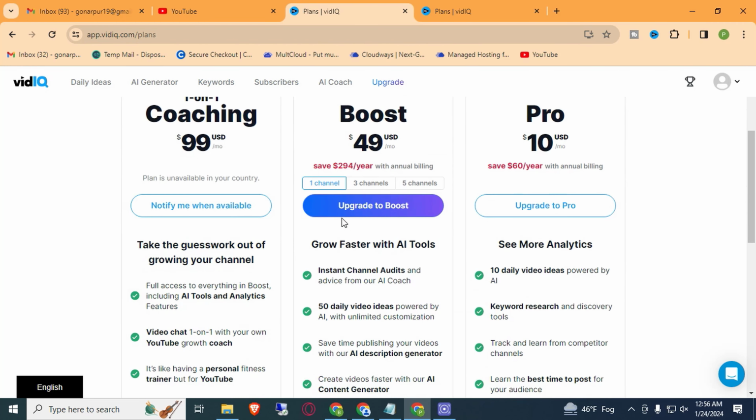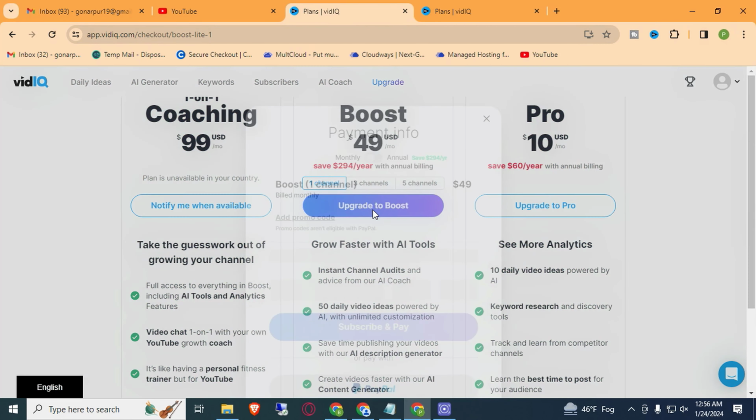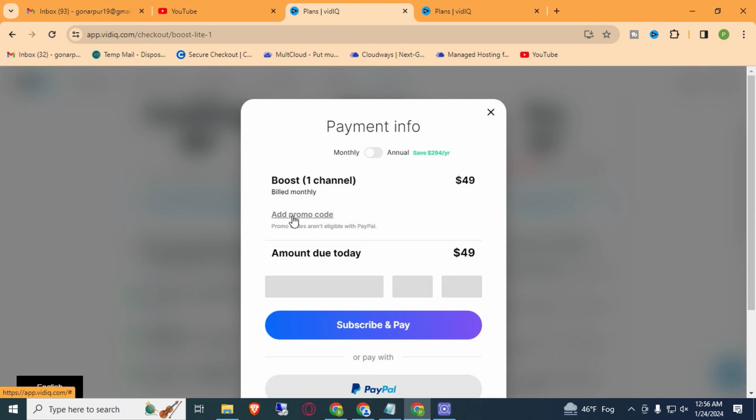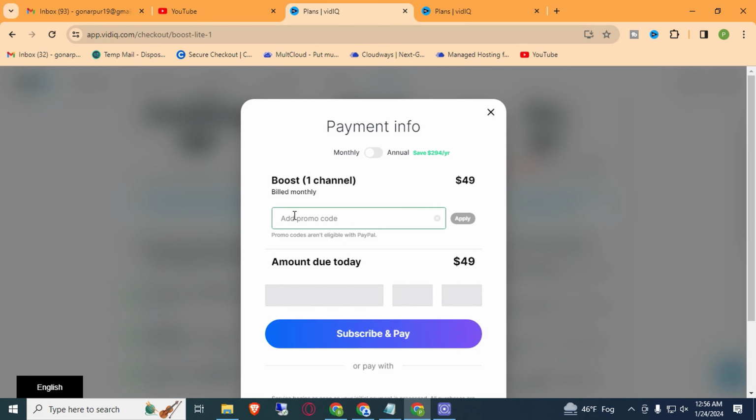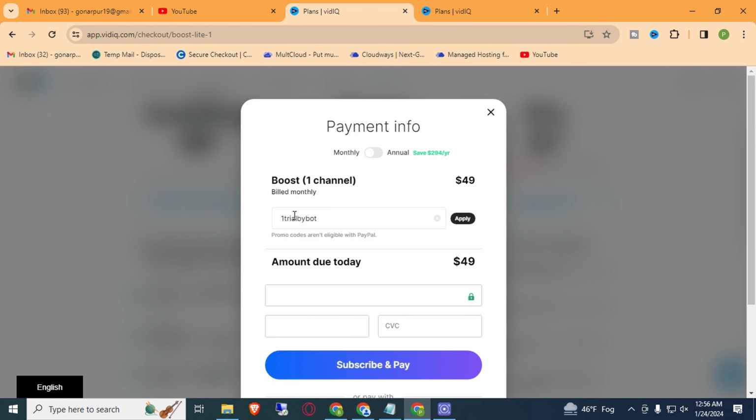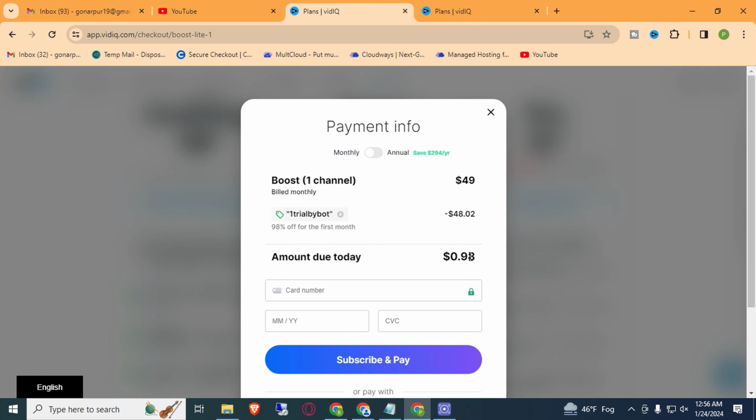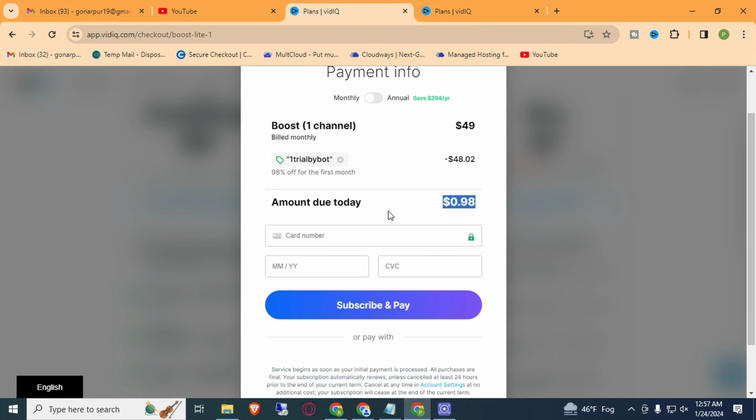And for the Boost, just click on upgrade to boost, then click on add a promo code and type here. Here you can see, just zoom in on this video, you will see the coupon code 1 trial by bot, and click on the apply button. Here you can see the cost is $0.98 and you got almost a $48 discount. Just add your card details and